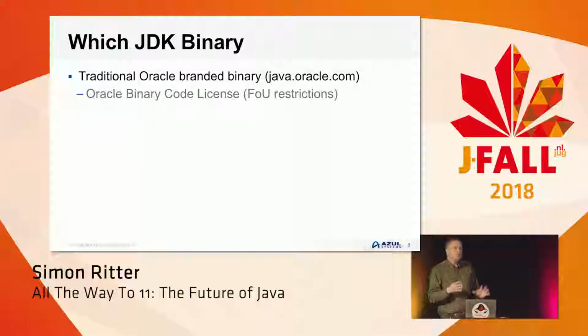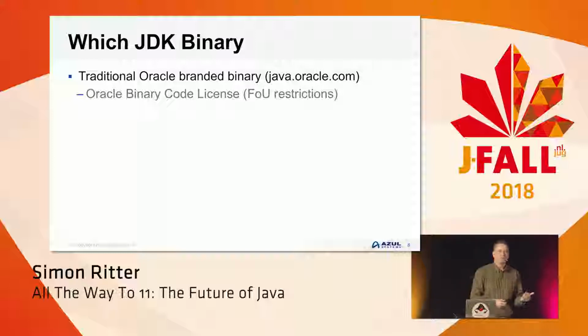Now, the next question is which JDK binary to use. In the past, that's been a very simple decision for most people. If you wanted Java, you would go to java.oracle.com, or in the old days, java.sun.com, and you would select the particular version of Java that you wanted, and which particular platform you wanted it for. Then there'd be a little checkbox next to that, which would say, I agree to the terms of the Oracle Binary Code License for java.se. So you tick on that box, got no idea what's actually in that license, but you tick on the box anyway.